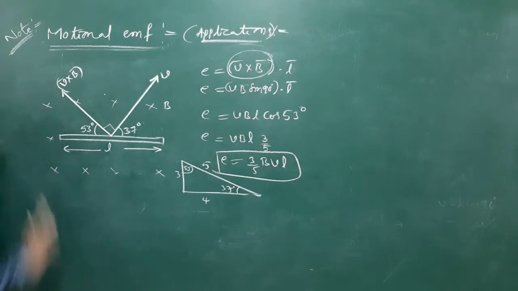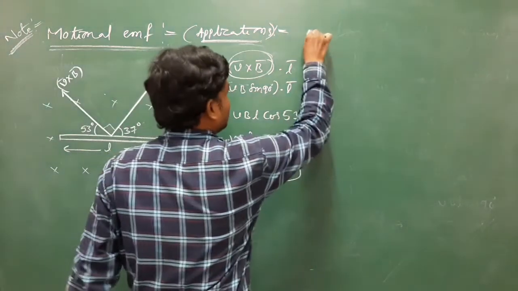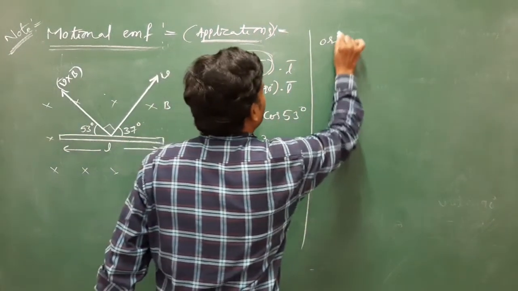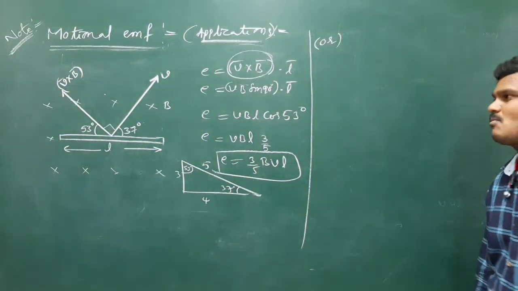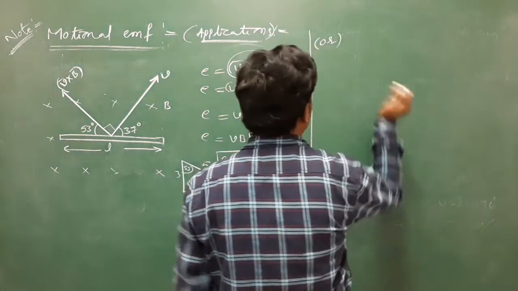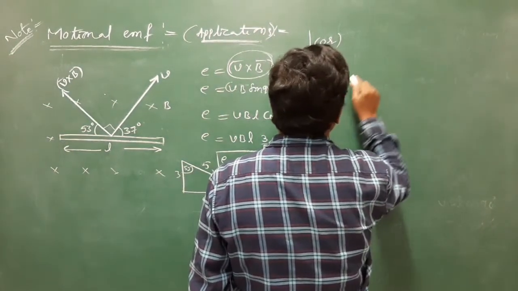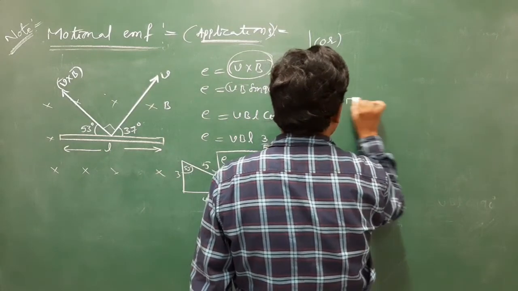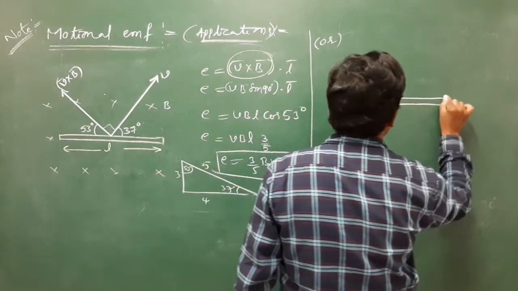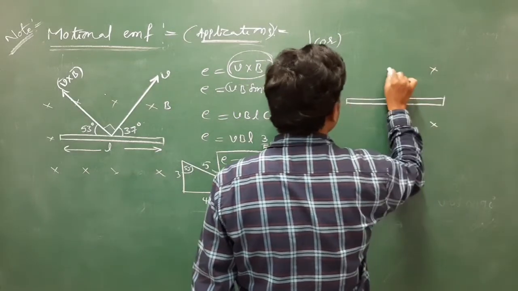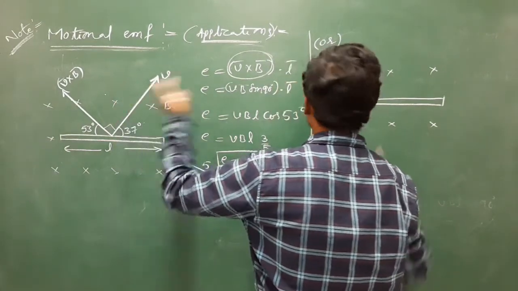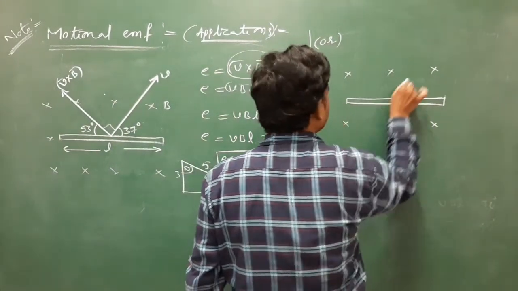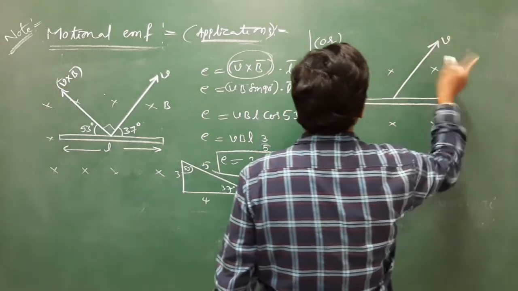So identify the direction of V cross B carefully, that's it. If any confusion is there, let us try one more small way. Of course, this is the actual method. Let us try the same problem. Let me solve the same question. In this method, there is no need to identify the V cross B direction; directly we can expect the answer.